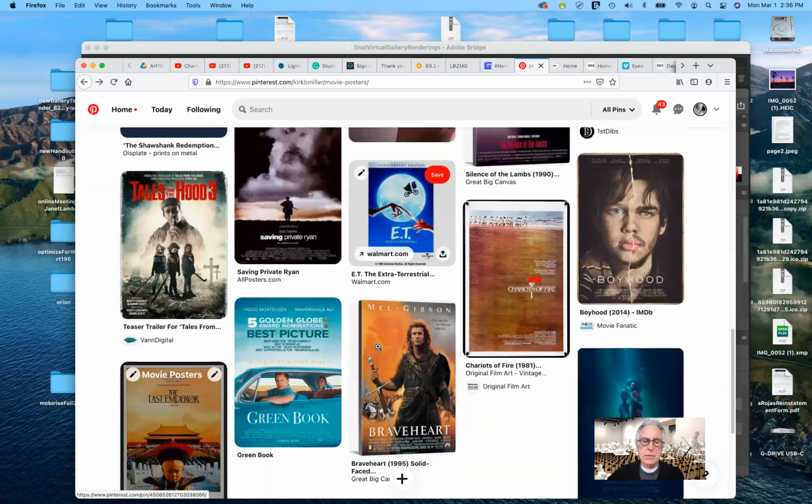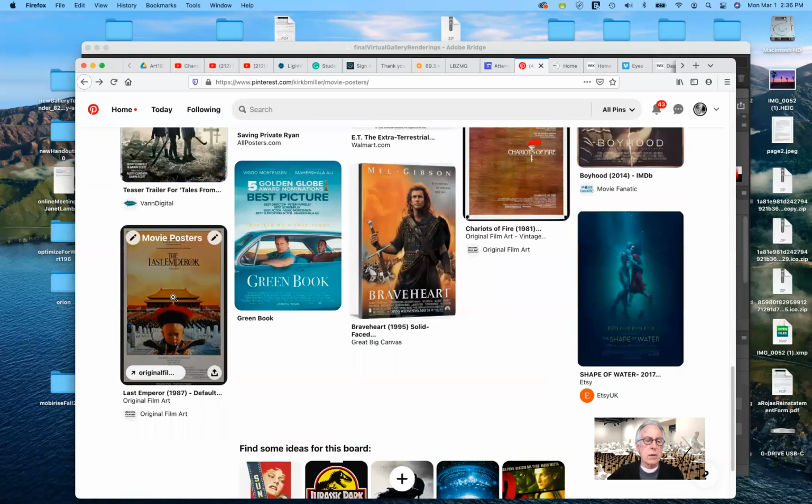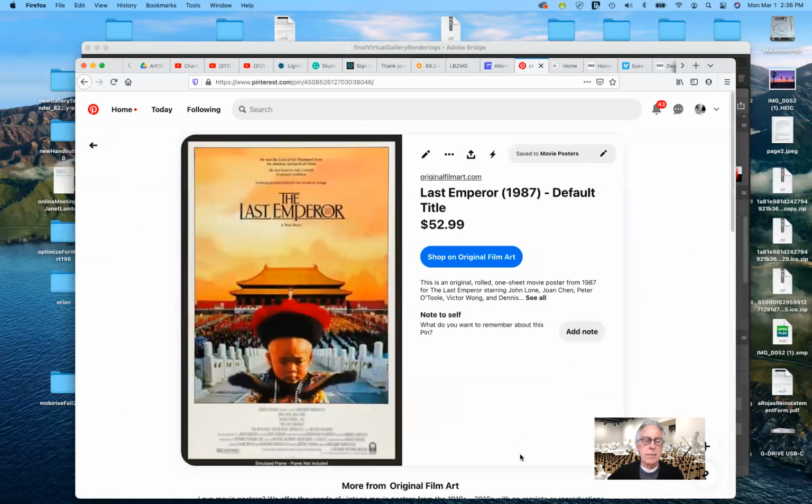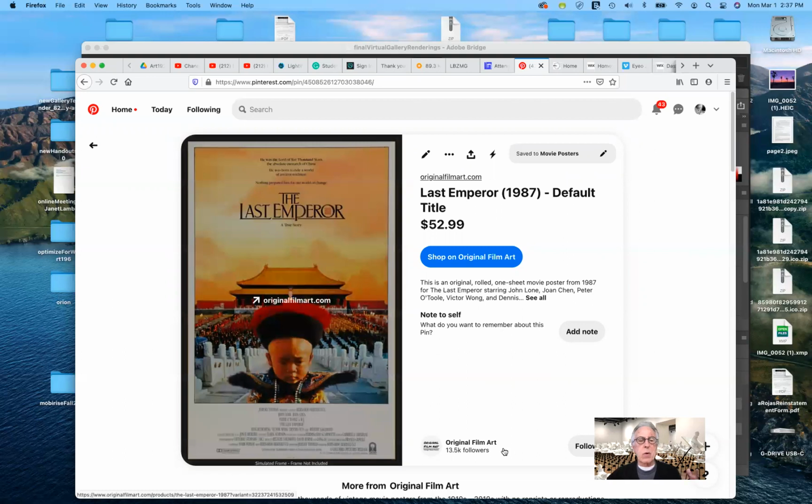Other ones, I've shown you some of these others. This one is an old one, The Last Emperor. Similar to the early Star Wars movie poster, they separated the credits from the rest of the poster. But notice how they've really used the one-point perspective to draw you in. Oftentimes they will use perspective dramatically like that to draw you into the poster.